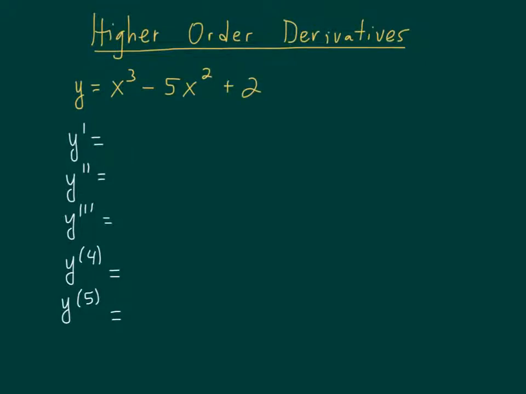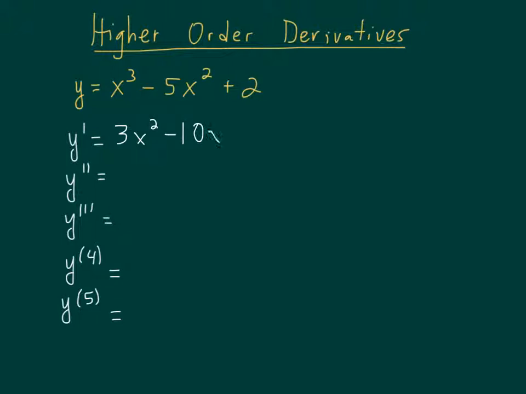Okay, we're going to look at higher order derivatives. So the idea here is finding a derivative beyond just the first derivative. So suppose we have y equals x cubed minus 5x squared plus 2. Pretty simple polynomial function. So if we were to find our first derivative, we know this will be 3x squared